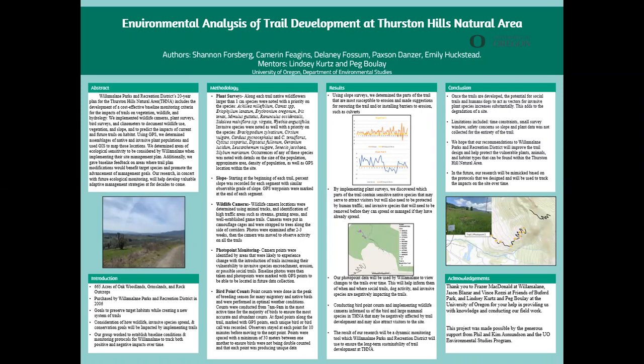The Thurston Hills Natural Area is located in Springfield, Oregon, and covers 665 acres of land that offers a diversity of landscapes. The site was purchased by the Willamalane Parks and Recreation District back in 2006 when the previous owners decided to sell. This area has habitats that are rare to see in the Willamette Valley: prairies, grasslands, woodlands, and oak savannas. Willamalane wishes to preserve these target habitats while also creating a new system of trails that will encompass about 14.5 miles of trail for the surrounding communities to enjoy nature at.